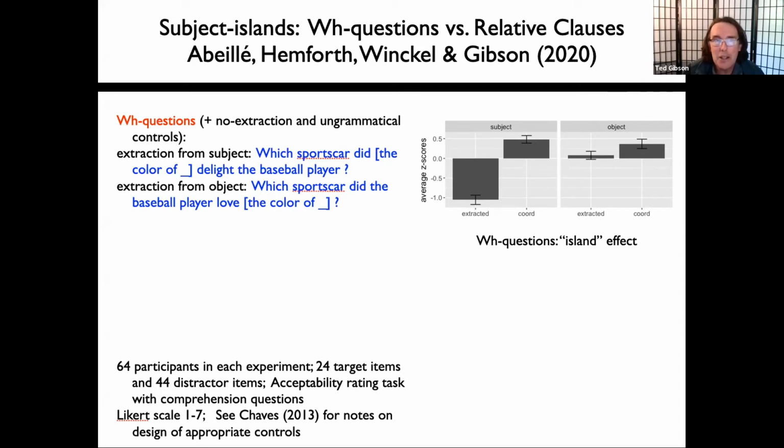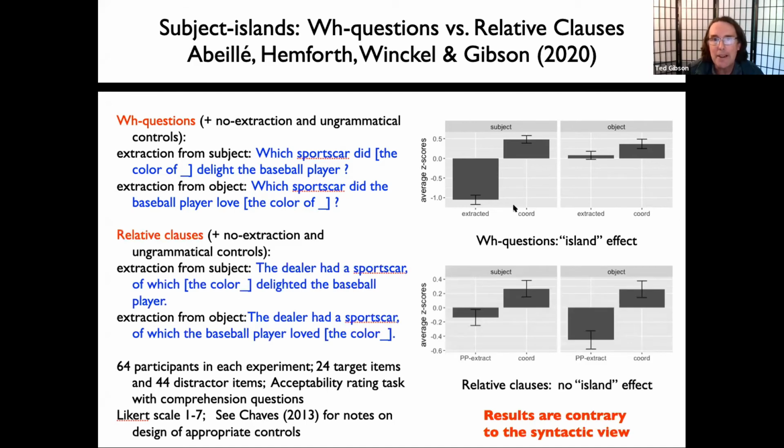But now we look at relative clauses. You don't see this pattern, critically. There's no such difference in relative clauses for the same materials turned into relative clauses. So here in the subject, this is the comparable subject. This is no longer bad. It's pretty good. The scales aren't quite the same here. This is from -1 to 0.5. This only goes down to -0.5. And so neither of these are really very bad. These are very similar here. Actually, not quite as good, but